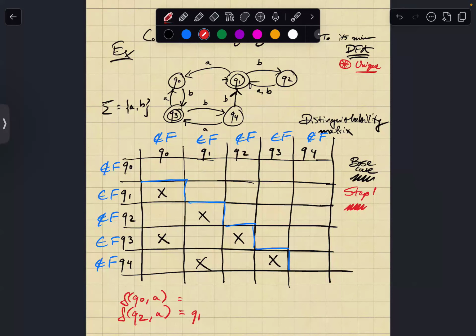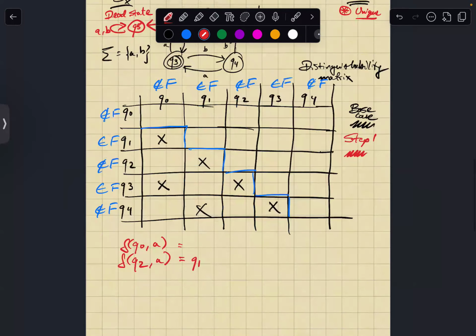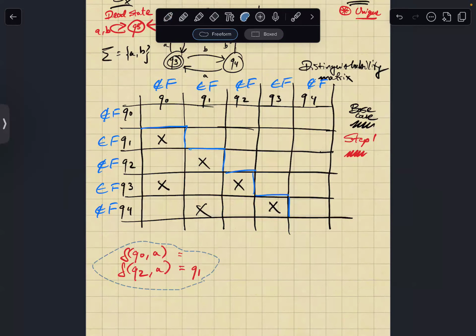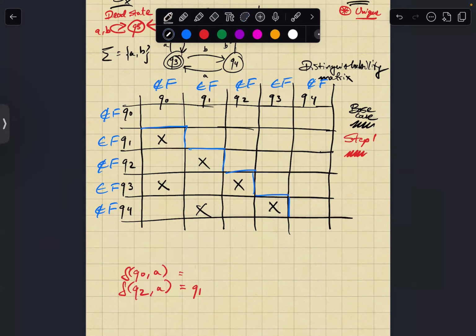Whenever you see this and you're told that this is a DFA, you have to assume that there's actually an extra state, a dead state. So there was a hidden dead state here, which no one told you about. What that means is I actually have to add a row to this table, because otherwise things are not going to go well. So let's add an extra row for Q5.